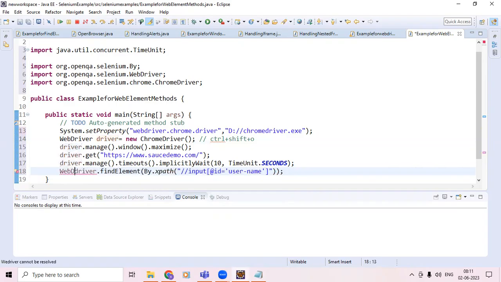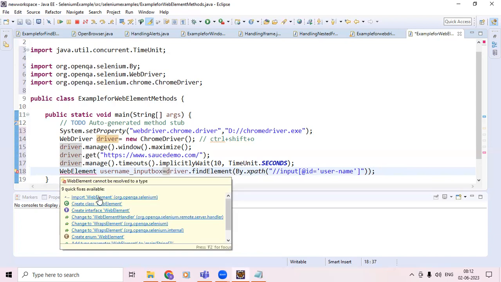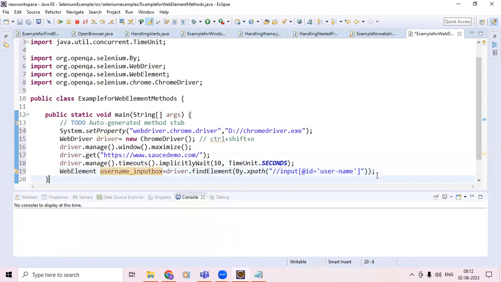Using that WebElement, we can name the variable userElement, or usernameField. You need to write the variable name in an understandable way, usernameField. Or otherwise we can say userInputBox. And again we need to import this here. Let me copy this usernameInputBox